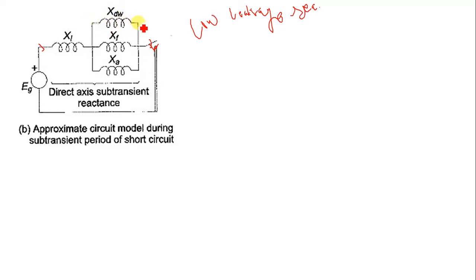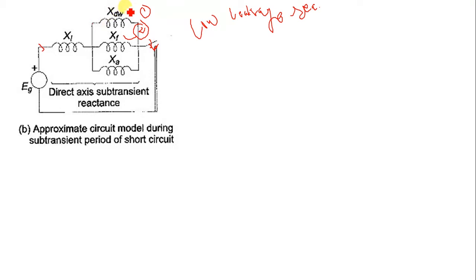Okay, so this will become open circuit, and at a later stage when XF becomes open circuited, we are talking about your field winding, it will become open circuited after your XDW becomes open circuited. So first your XDW will be open circuited, afterward XF will be open circuited. So the machine reactance thus changes from your parallel combination of XA, XF and XDW during the initial period of the short circuit to, we can say, XA and XF in parallel.